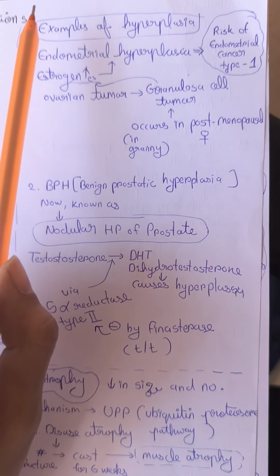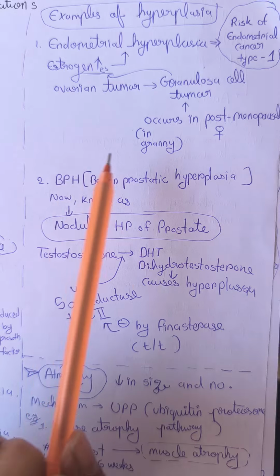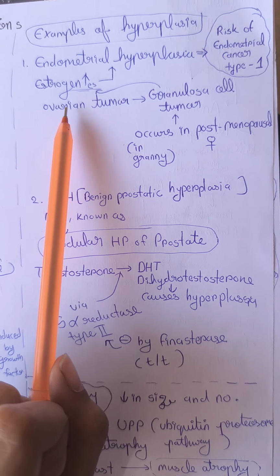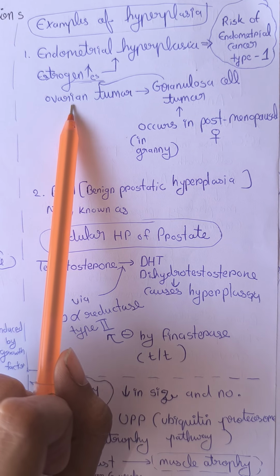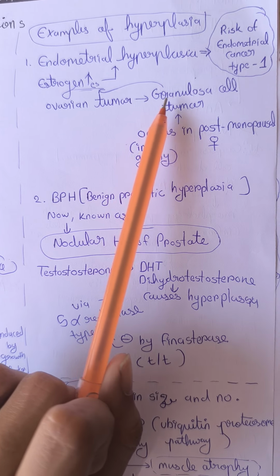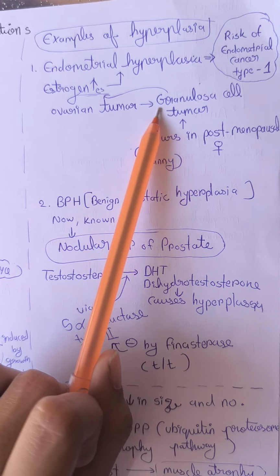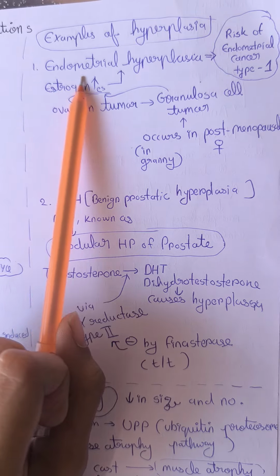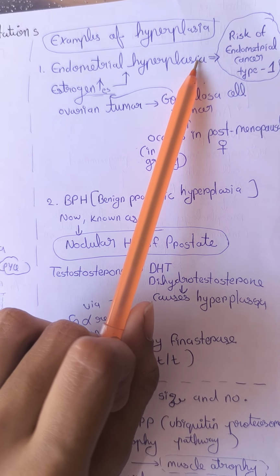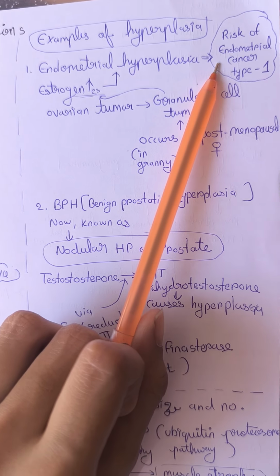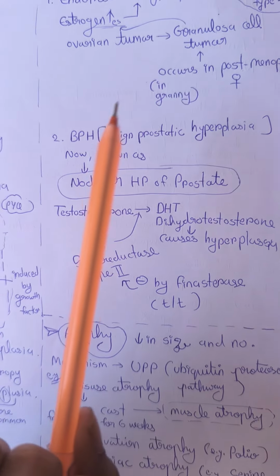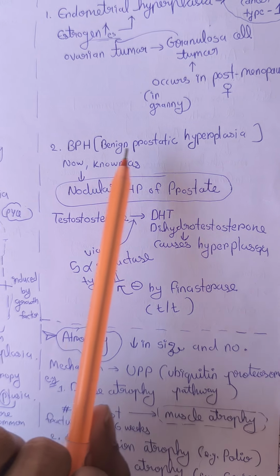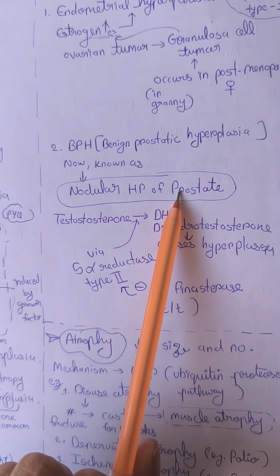Now let's see the examples of hyperplasia. In postmenopausal women and in females suffering from ovarian tumor, there are chances of granulosa cell tumor, which leads to increased production of estrogen, which leads to endometrial hyperplasia, which increases the risk of endometrial cancer type 1. In males, there is benign prostatic hyperplasia, which is now referred to as nodular hyperplasia of